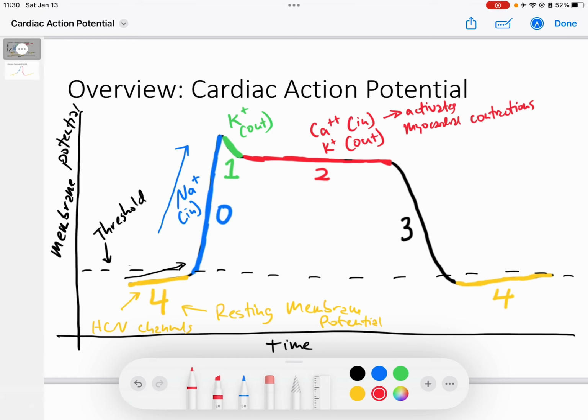And so as phase 2 continues, we will see that as calcium makes its way into the cell, and as potassium is rushing out, there's only so much calcium that's going to come in. And so phase 3 is defined mainly by exclusive potassium continuing to head out of the cell. And as positive ions are leaving the cell, it's going to become more and more negative, and we're going to be returning back to our resting membrane potential. And so as potassium is coming out, we would call this repolarization,